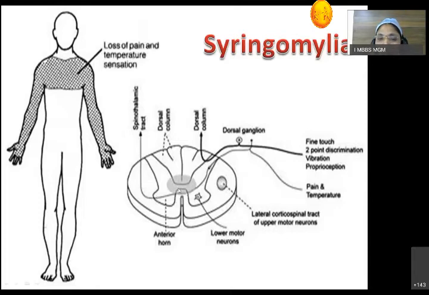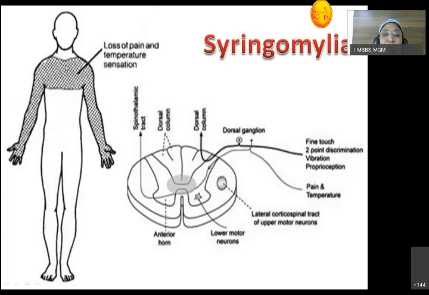Here there is the anterior white commissure. Similarly, on the right side also, the fibers are coming and again crossing. So these decussating fibers, these crossing fibers, are damaged. If the fibers coming from both right and left side are damaged, pain and temperature will not go further, and this particular type of loss of pain and temperature occurs. So this particular area is affected. As the lesion is common in the cervical part, there is loss of pain and temperature sensation in the upper extremity, the upper part of the body.